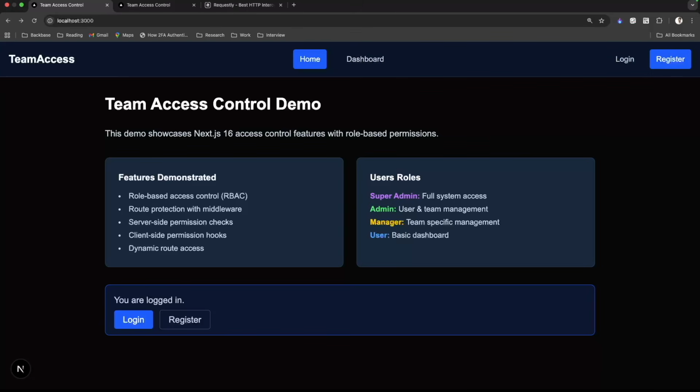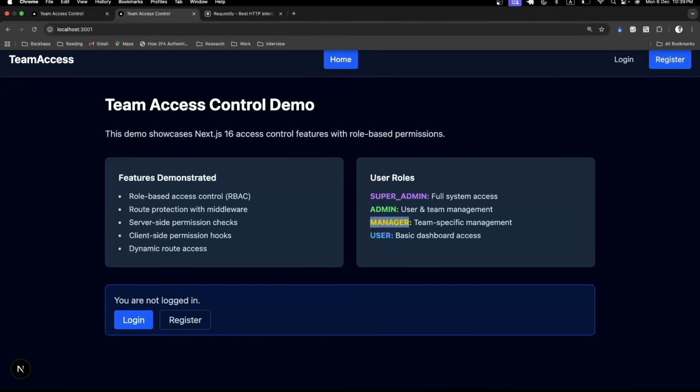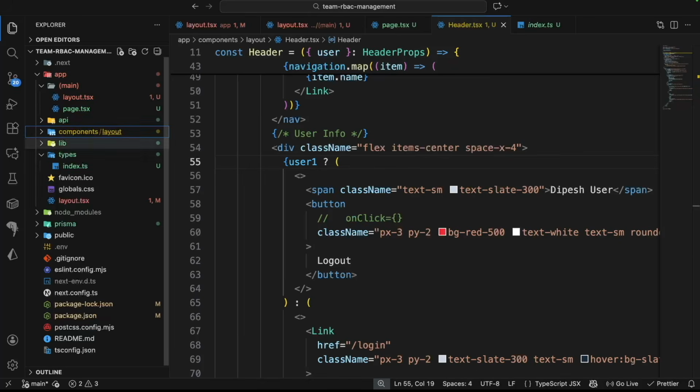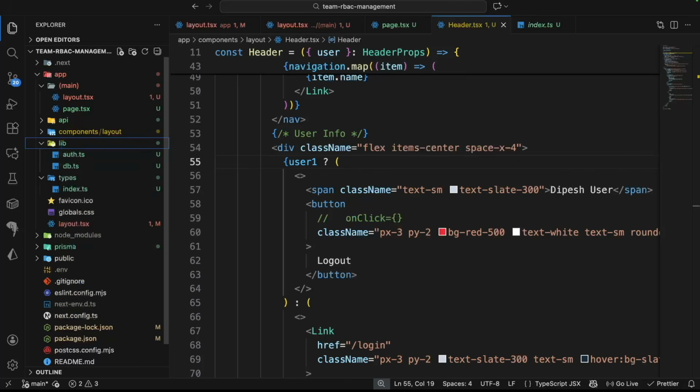Right now I don't have any of the pages created, so all the pages will go to the 404. All right, so our home page is ready. Now what we will do is create an API client so that we have all our API functions ready. If I go to the lib folder, here I'm going to create a new file